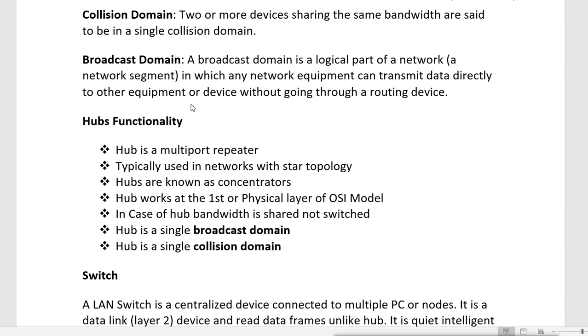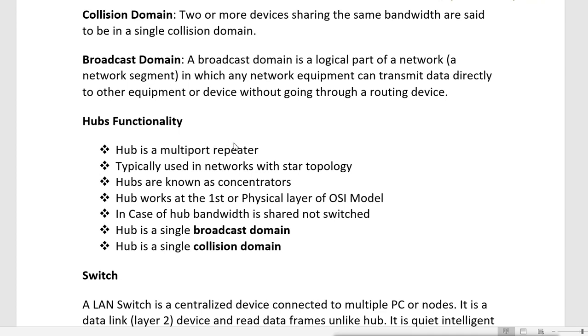These are the hub's functionality. A hub is also called a multi-port repeater. Previously, there was one more device called a repeater. We use repeaters mostly in bus topologies, where the cable length is limited. Suppose the cable length says it can go up to 100 meters.